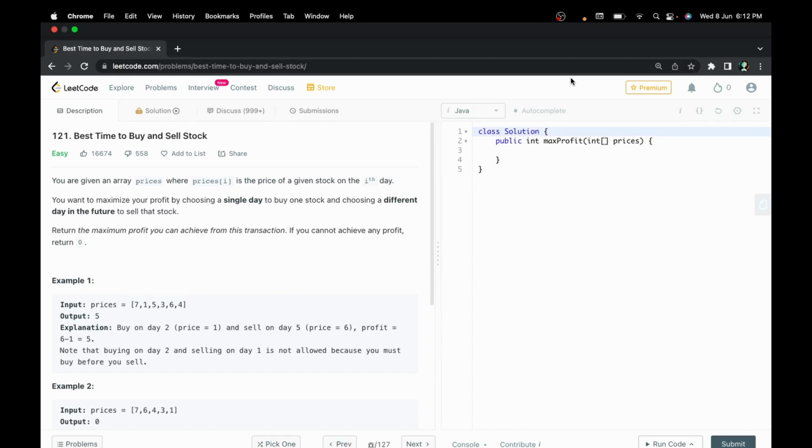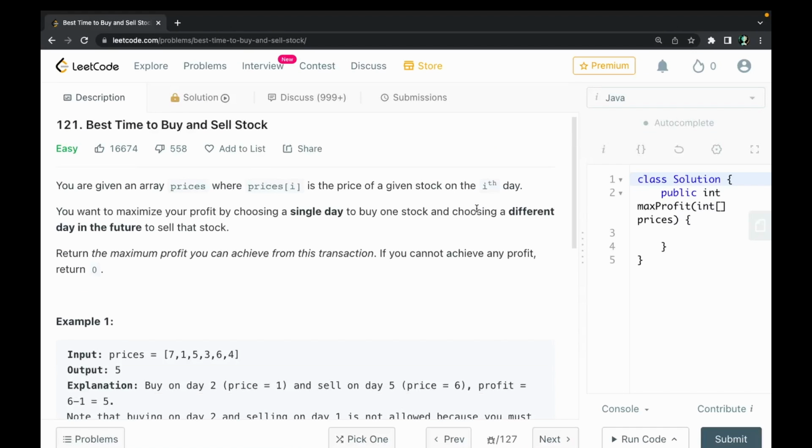So we have to choose a day to buy the stock and a day to sell the stock such that we earn the maximum profit, and the condition is that we have to first buy and then sell. That means we cannot just choose any random day which has the maximum price among all days and sell the stock on that day in order to earn the maximum profit. We have to first buy the stock on a particular day and then sell the stock on another day.